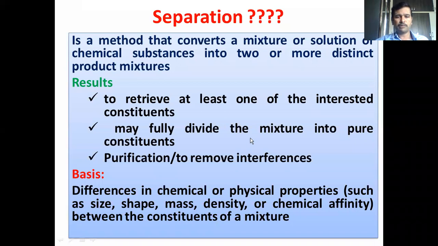Say, for example, if you take a blood sample and we are interested to determine the amount of urea present in the blood sample, we have to separate urea from all those endogenous substances which are also present in the blood sample. So separation of urea will be the intention, and other interferences such as plasma, serum, water, proteins, amino acids, uric acid, sugar, electrolytes, etc. All those are interferences, because if you do not remove these interferences, the active ingredient or active analyte present in any sample cannot be subjected to analysis.